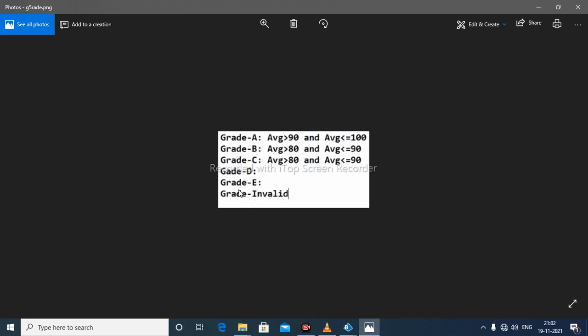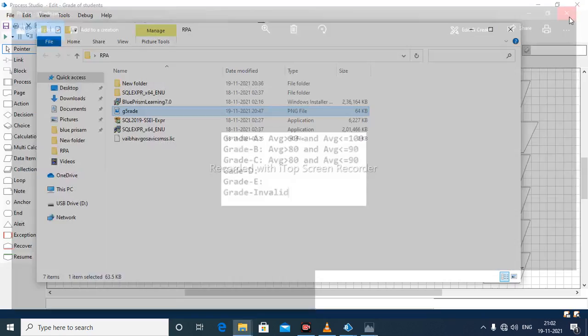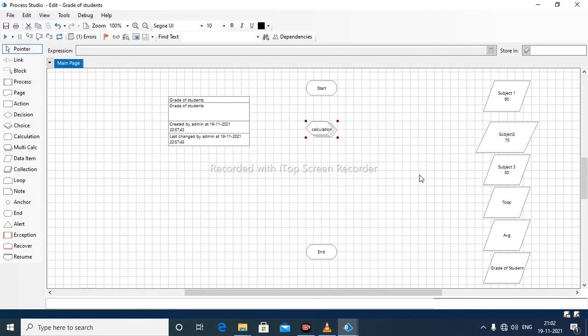Okay, and if the marks are below this range, we will put as invalid. So this logic we will follow for the program. So we cannot use the decision stage, because decision stage only gives us two values, either yes or no. Okay, here we will use the choice stage.